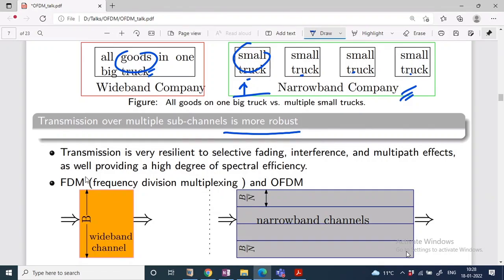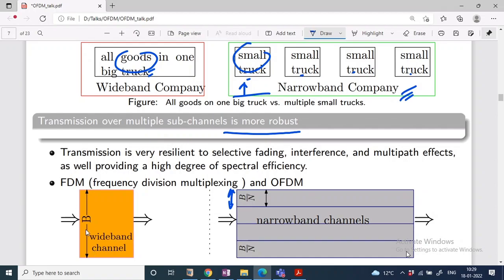You can see the single-carrier system, which is a wideband channel as in CDMA. The whole bandwidth is B, and the whole bandwidth B is used to transmit the data. Multiple users spread their data over the same frequency band B. So the user sends data considering a single frequency band, which is called a wideband channel. But in OFDM, we divide this whole frequency band into multiple frequency bands, generally called carriers. Each frequency band is B upon N, the bandwidth of each subcarrier.